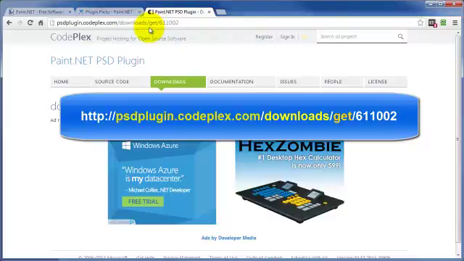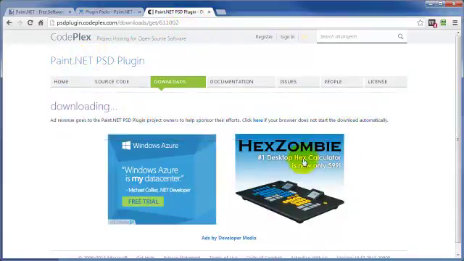It works in layers, but not Photoshop source files like the PSD file. Now, once you do insert this URL into your browser bar, it's going to start the downloading process. So you don't have to click on anything at all. What will happen is after a few seconds of you entering this into your browser bar, your Windows Explorer is going to pop open, and you simply from that point navigate to the location on your computer where you want